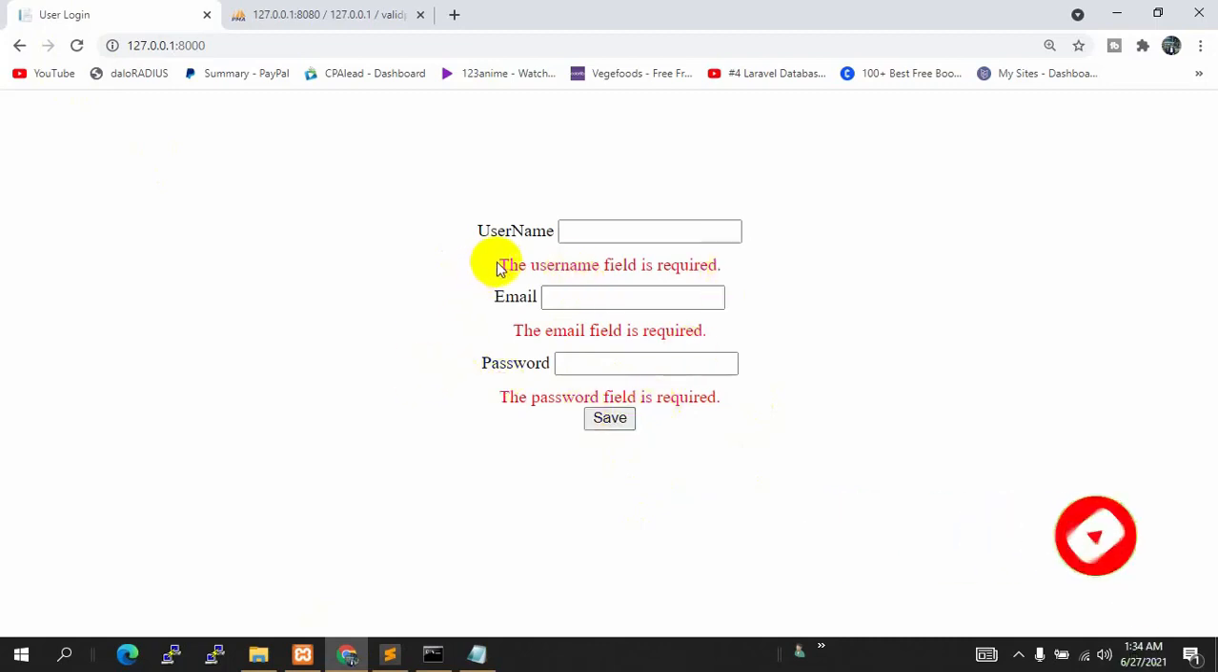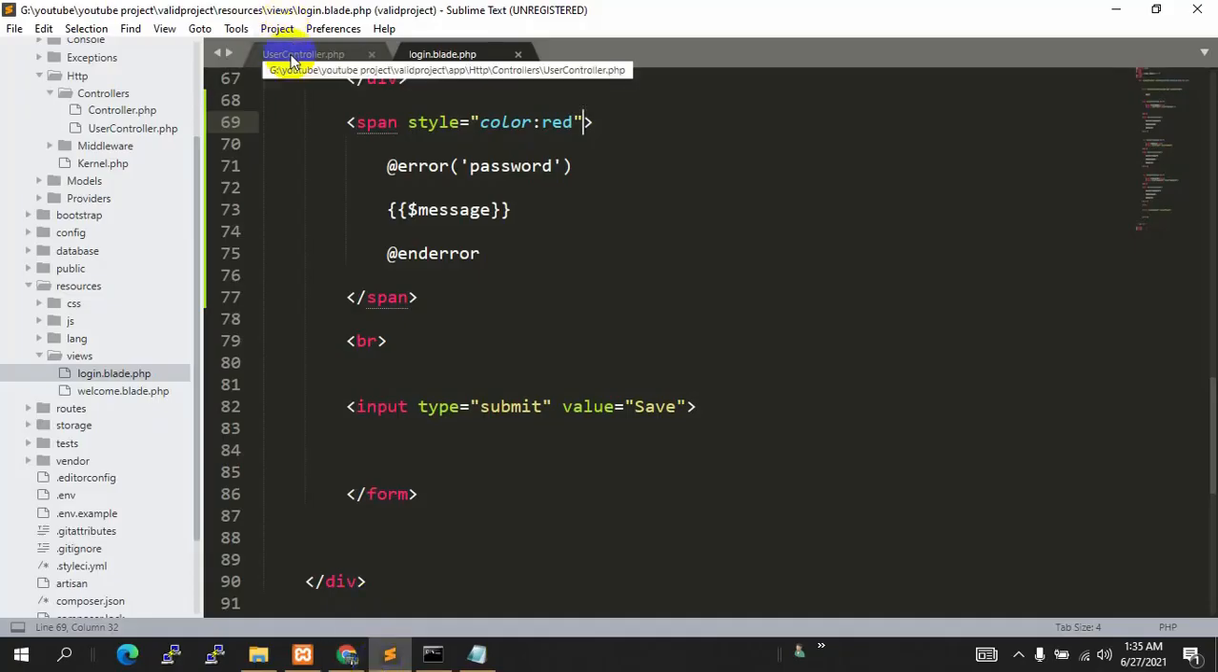Now here you can see that the user field is required. Now this is a default message, right? So if you want to show a custom message over here, like you want to show something else, like you need to write the username over here, so something like this, anything you want, right? So for this you can again go to our user controller,